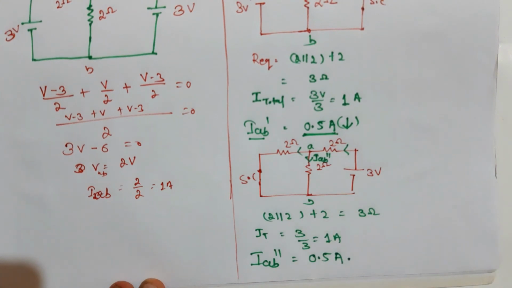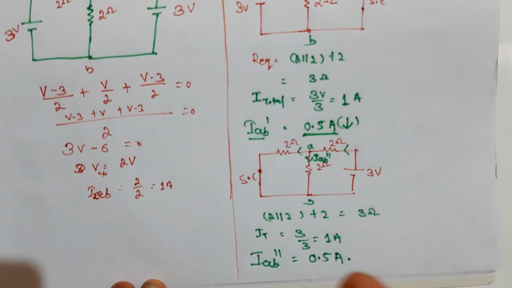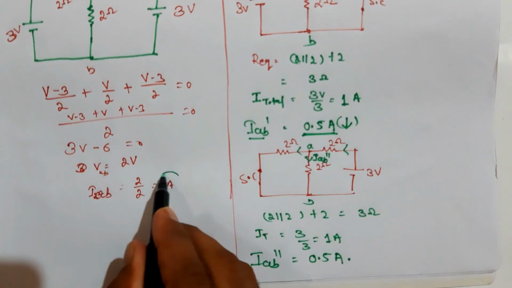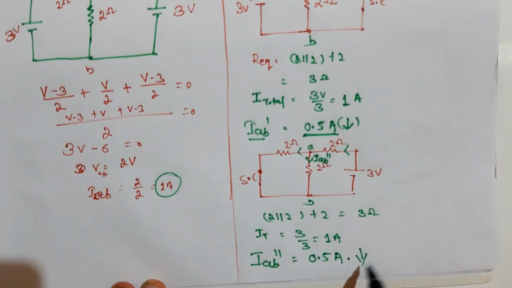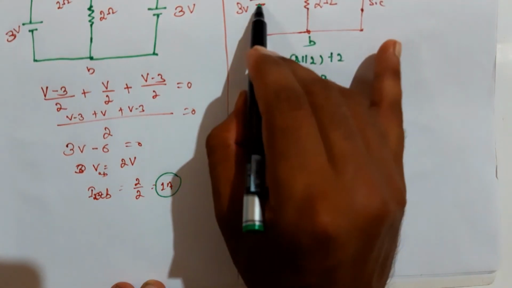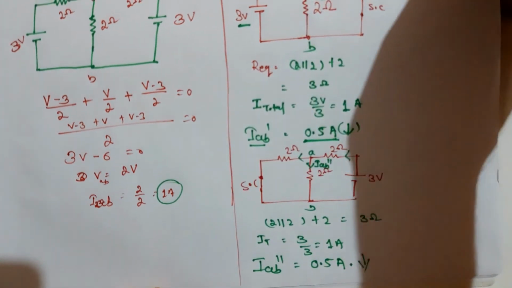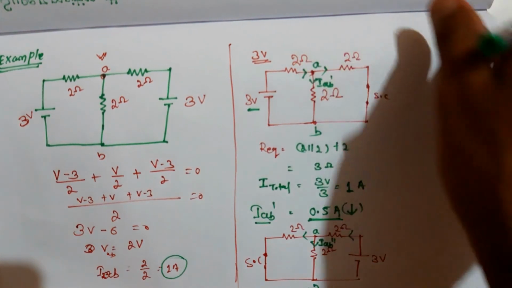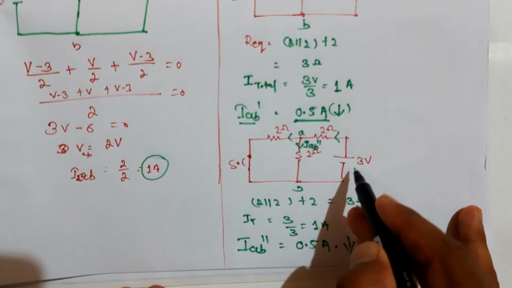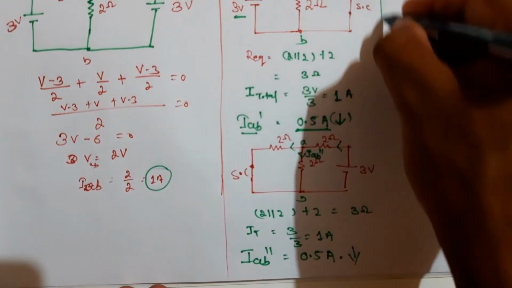According to the superposition theorem, the algebraic sum of the individual responses is equal to the total response, okay. Here the total response is 1 ampere. Algebraic sum means: when you consider this 3 volt, the current flows in the downward direction; when you consider this voltage, the current is also downward, so the polarity is the same. So the algebraic sum of the current,